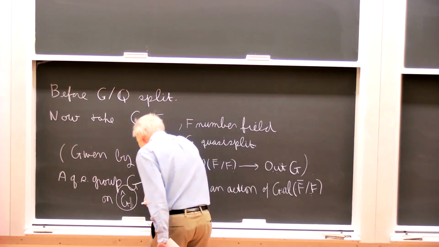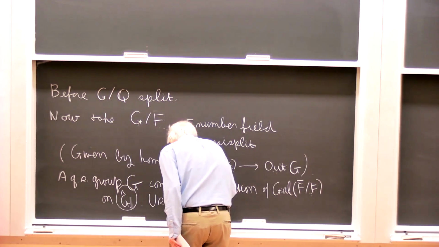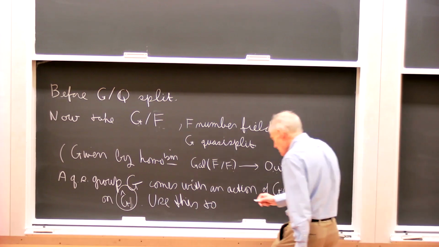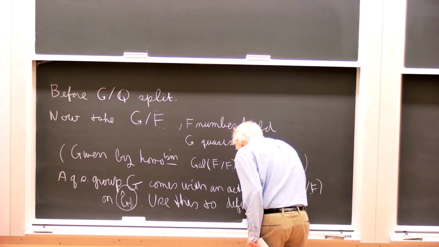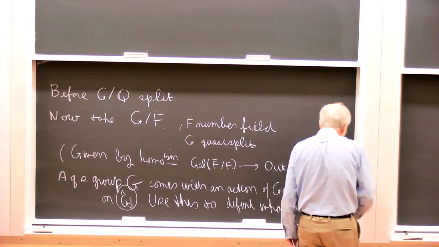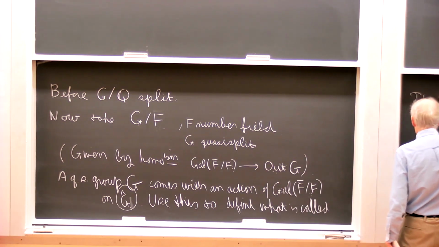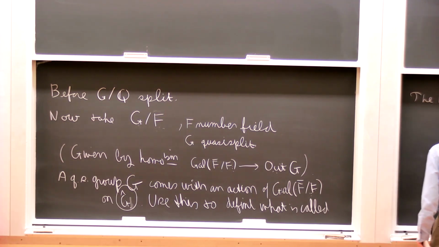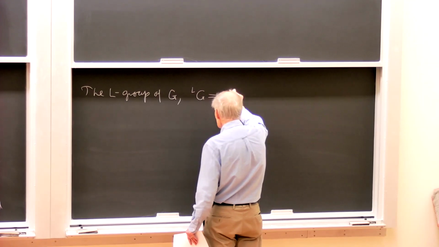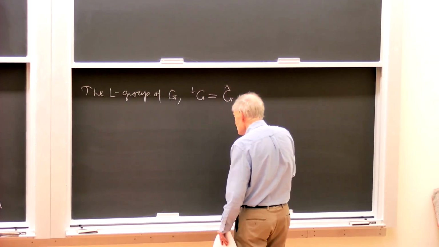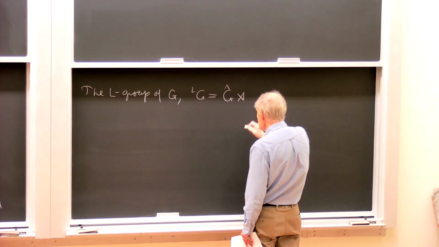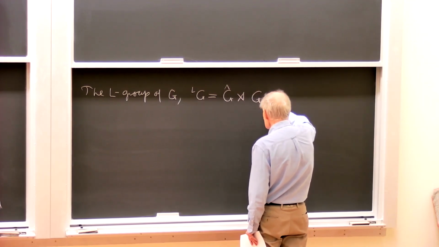So the bottom line is you use this to construct a slightly bigger complex group, a disconnected complex group, to define what is now called the L group of G. And it's now written as G upper left L, and it is the group G hat, the connected complex group coming from the dual group of the Chevalley group, but the semi-direct product of that by this group of automorphisms. I can write it either as the Galois group